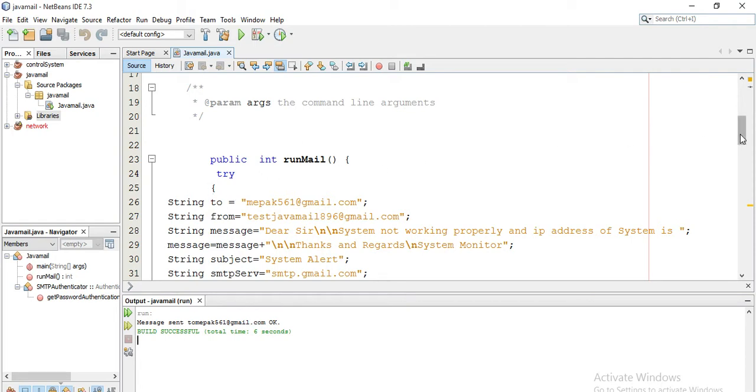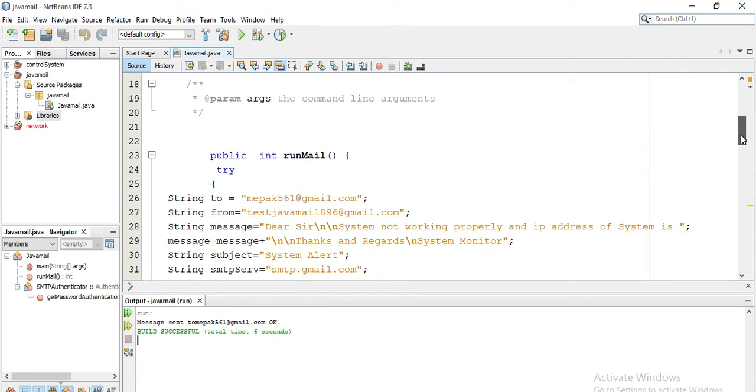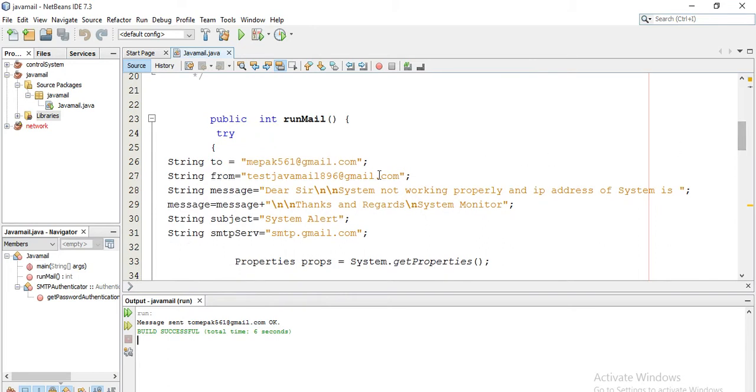Okay, these curly brackets, we need to write the program in curly brackets. So we need to set some strings, like a message, and where you want to send the email from. To and from. The from is mostly the same. From will always be the same because this system is going to send emails to many people, but the sender must be the same.